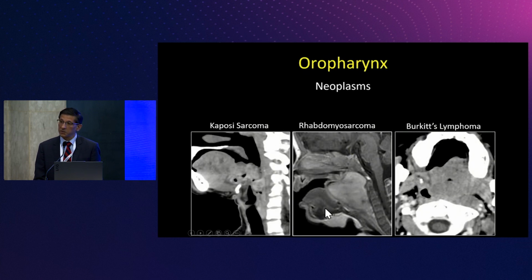Now, there are other tumors that can involve the oropharynx. Again, I really can't tell the difference. If you are immunocompromised, this is an example of Kaposi's sarcoma. If you're a child, as we heard before, under the age of 16, the most common solid tumor to involve a child is going to be rhabdomyosarcoma. And in the United States, this is probably going to be non-Hodgkin's lymphoma.